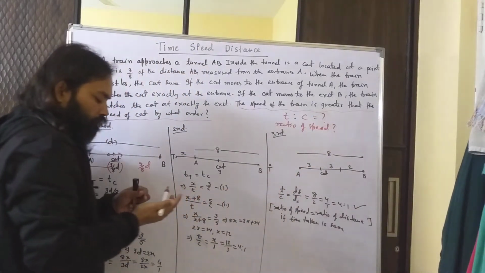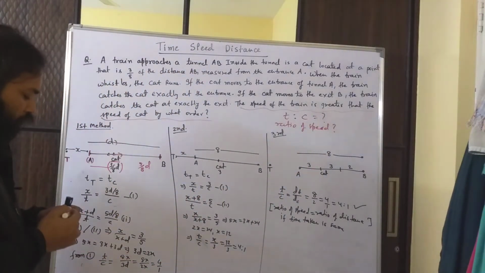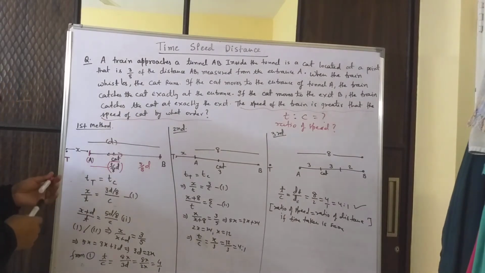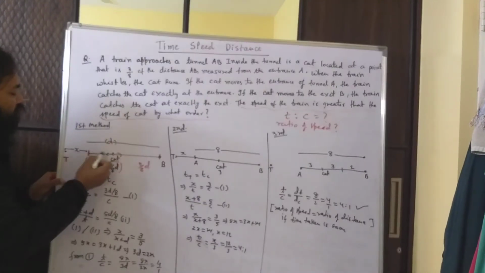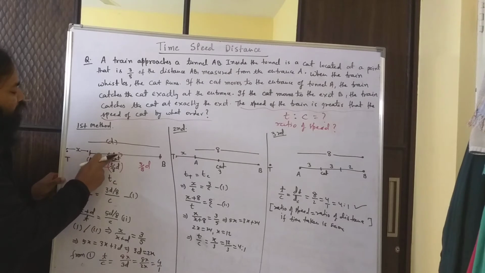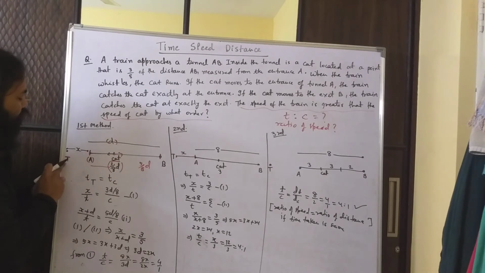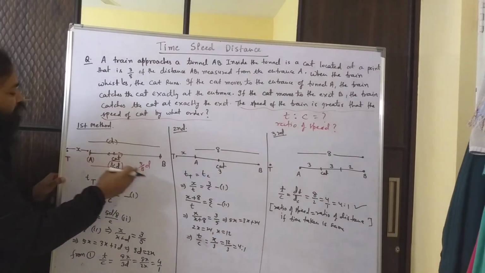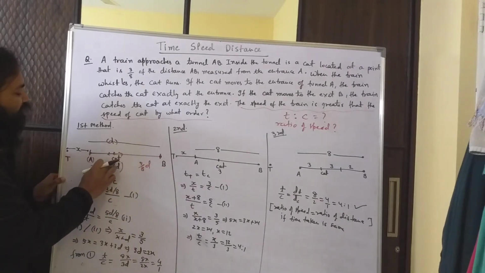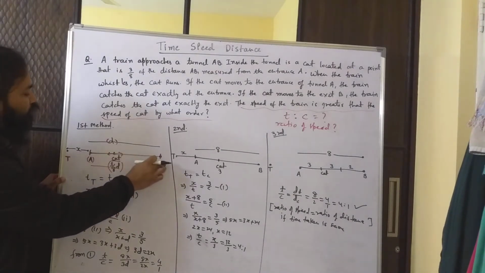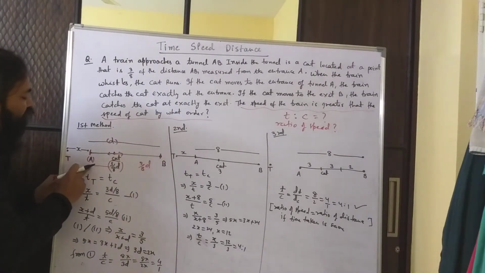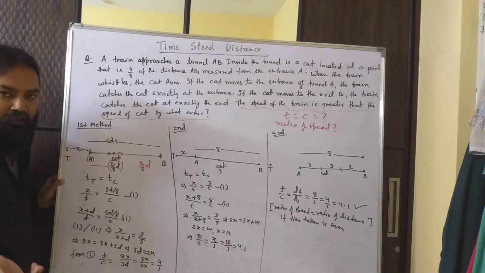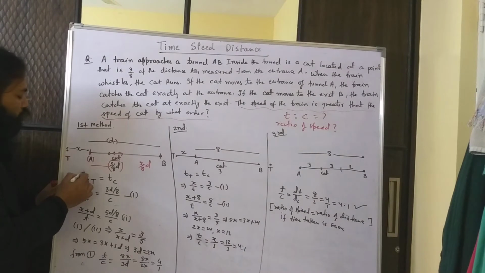That is our question. Now let's come to the solution part. In either of the cases, whether it is the first case or the second case, the time taken by the cat from this place to A is the same as the time taken by the train from this place to A. And in the second case, when the cat moves towards B, whatever time the cat takes to reach B, the same time the train also takes to reach B. That's why the train and the cat meet either at A or at B, depending on in which direction the cat moves. So that is what I have written over here.